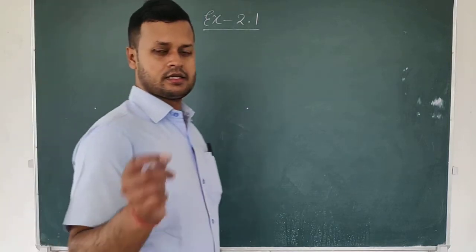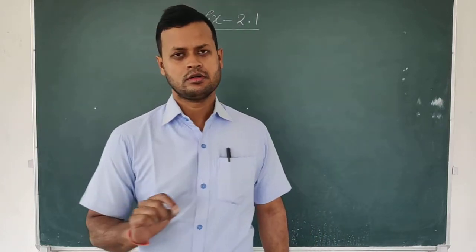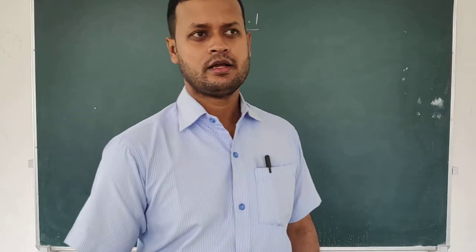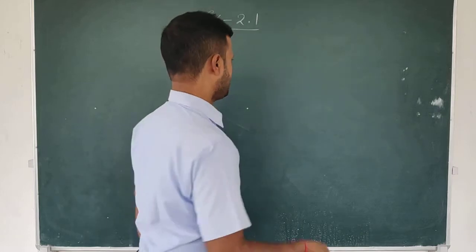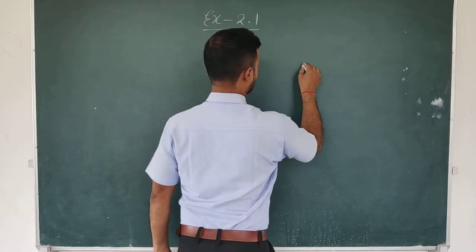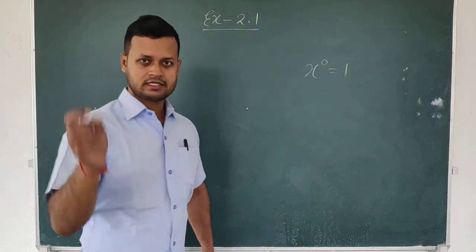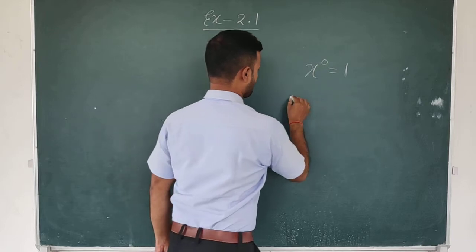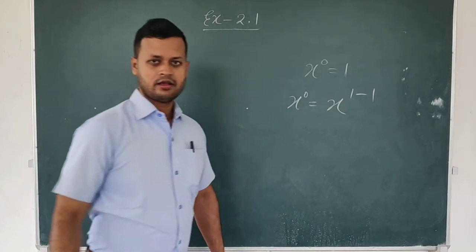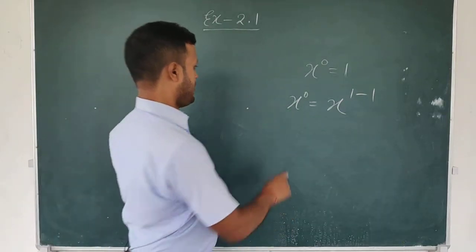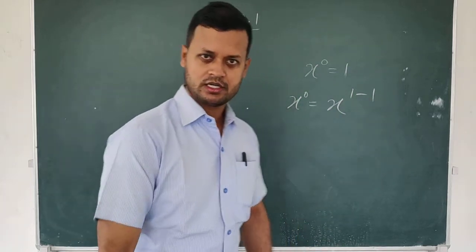So students, I think some of you are having this doubt: sir said 100 to the power 0 is 1, x to the power 0 is 1, 5 to the power 0 is 1, 10 to the power 0 is 1. Why is it like that? Why is x to the power 0 equal to 1? Simple explanation I will give you. Can I write x to the power 0 as x to the power 1 minus 1? For your understanding I am giving, okay? So do very carefully. Because 1 minus 1 is 0.